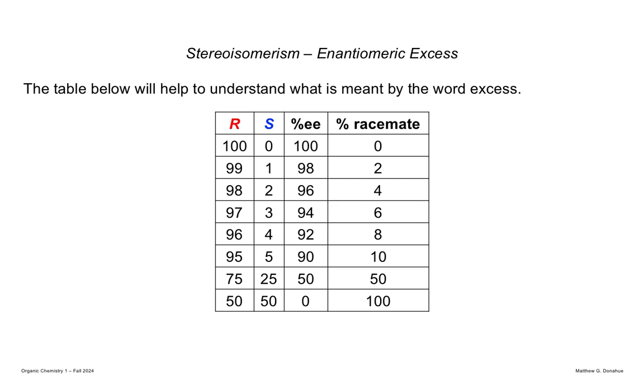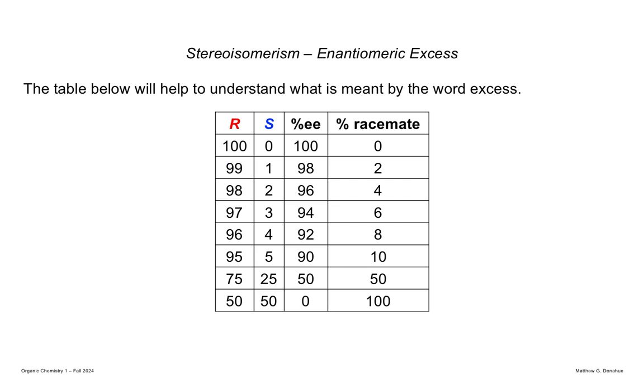So in my mind, I always have to take a second and think about this because it's a smidge confusing. If you have 99 to 1, that means the excess of the R is 98. Because that one S takes away one of those R's. So you have 2% of the racemate. So 98